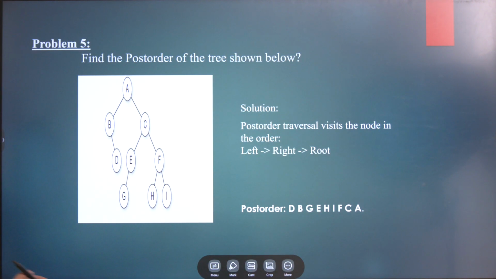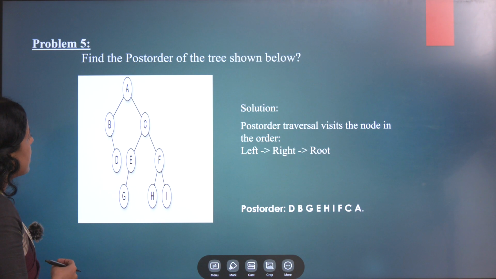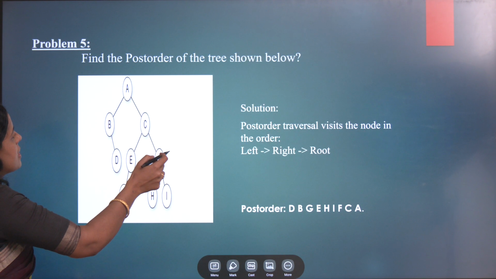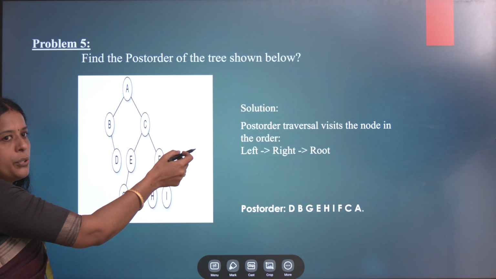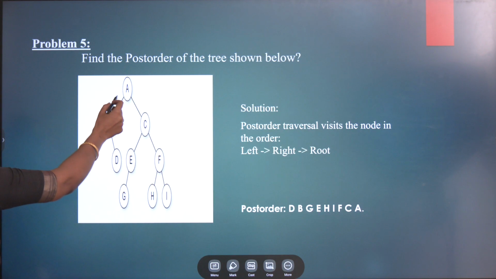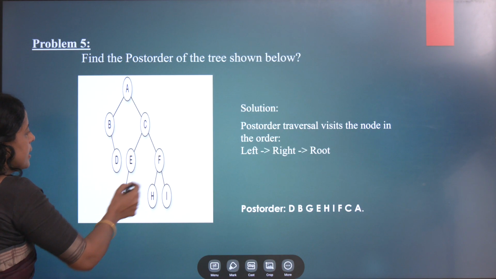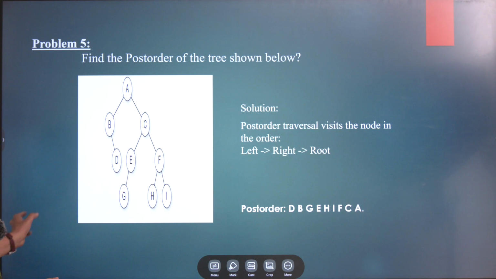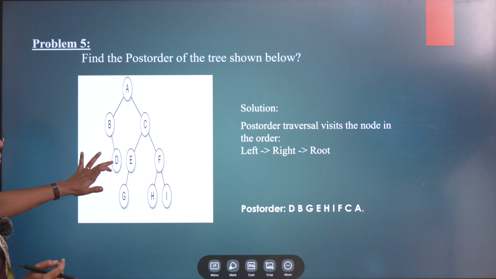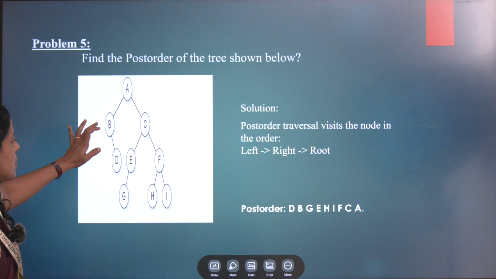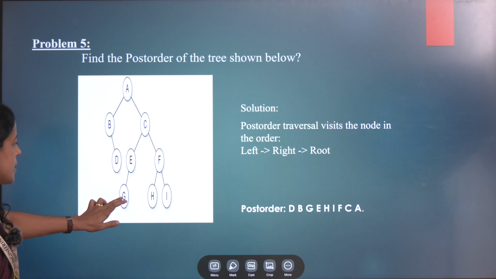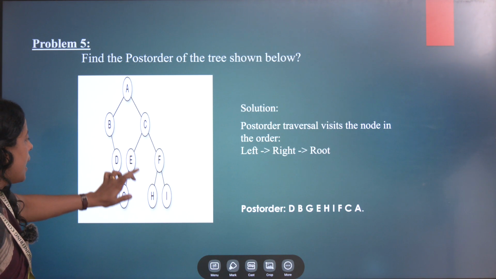And next, find the post order of the tree shown below. Post order traversal means the traversal starts from the left side, then towards the right, and then towards the root node. So this is the root, this is the left and this is the right. In post order, first is the left. So it starts from D, then moves towards B, and then the right: G, E, H,